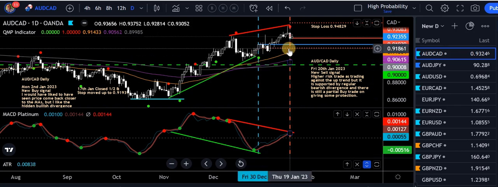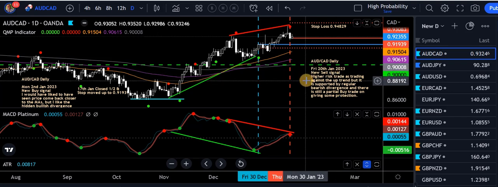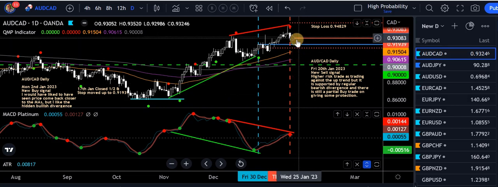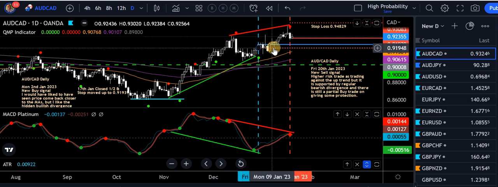My most recent trade was this sell here. You can see on the 20th of Jan, a new sell signal. Just pause the video, have a read of the notes, just my thoughts on the trades. The sells are marked in red, buy trades are marked in blue. The red dotted line is the stop loss, so the stop loss for the buy is